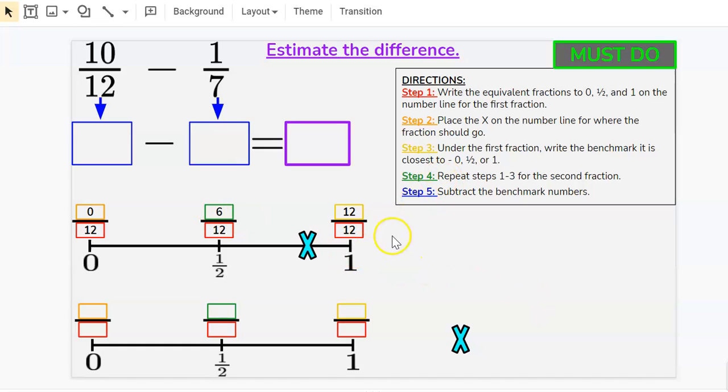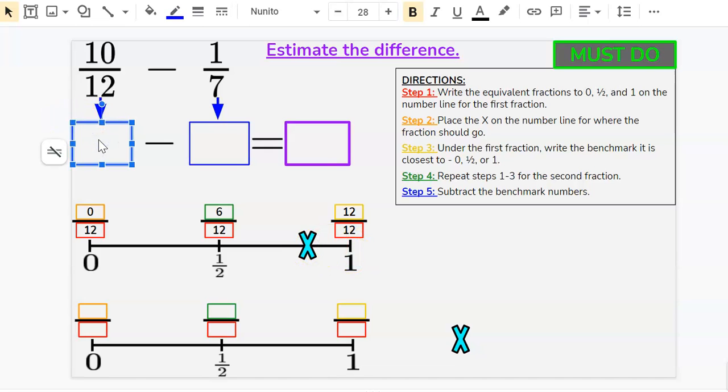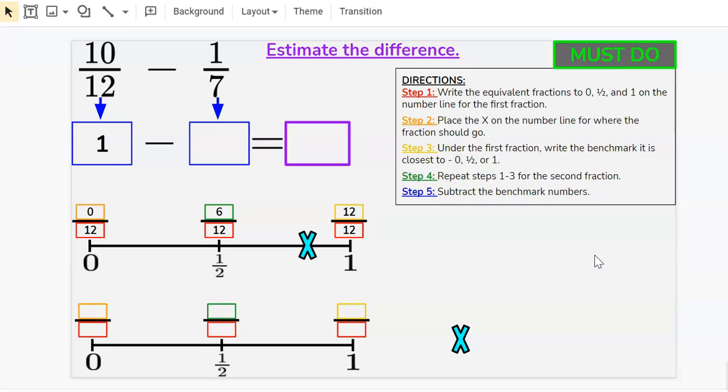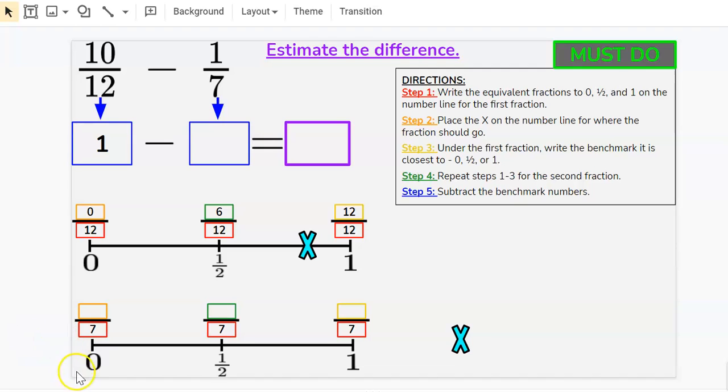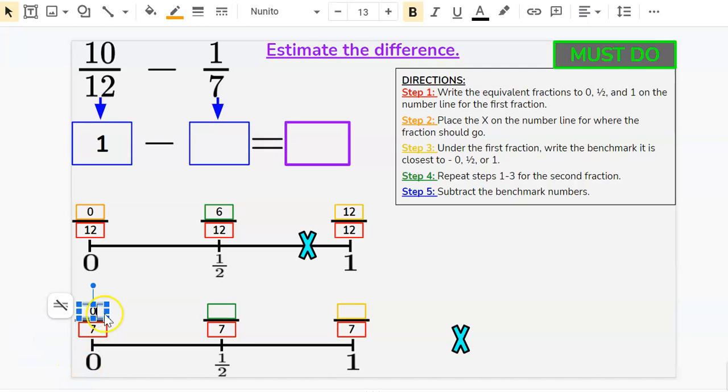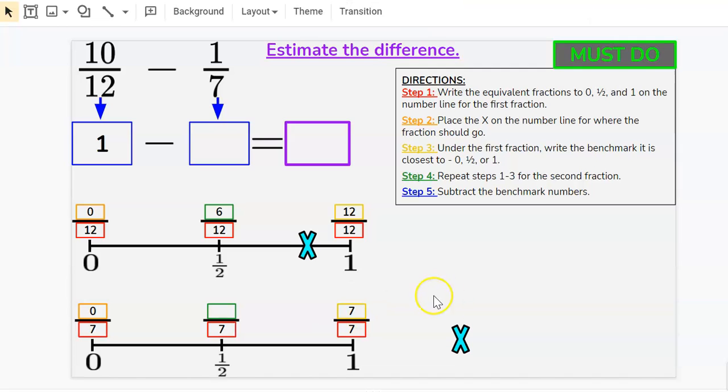So when I'm finding the closest benchmark, I can see that it is closest to 1 whole. So I'm going to put that right here. Then I'm doing 1/7. So my denominator is 7 for each of my equivalent fractions. 0 would be the same as 0/7, and 1 whole would be the same as 7/7. Again, this is an odd number, so I'm going to go